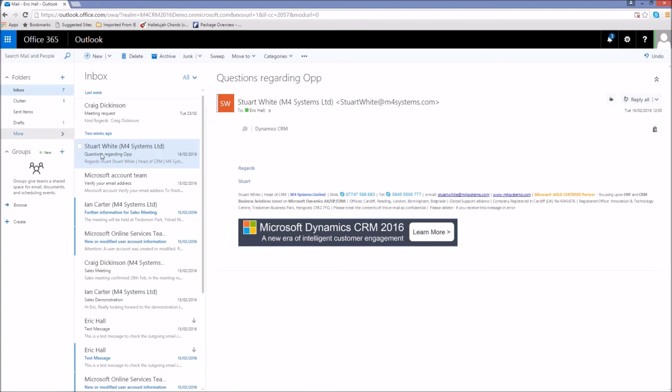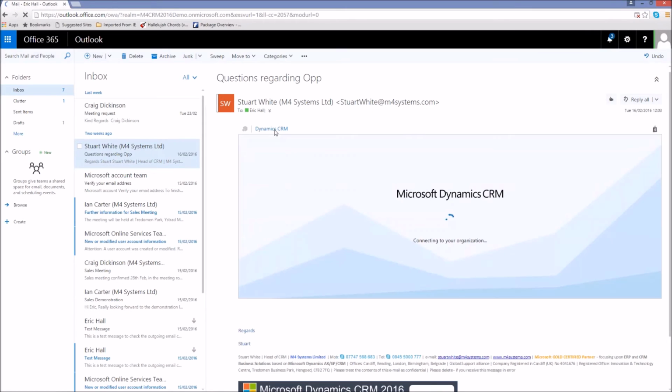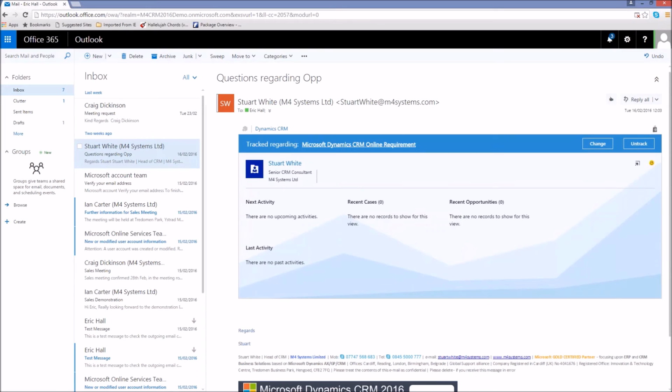So for instance, I've got an email here from Stuart White, questions regarding an opportunity. You'll notice within here I have a link that takes me to my Dynamics CRM information. Now I'm just going to untrack this email, so I have the ability to track it again. But as I was doing that, what you'll have noticed is that it's gone away and looked who my email was from, in this case Stuart White, and it's interrogated my CRM database to see if there are any cases, opportunities, activities that are related to Stuart. If I choose to now track this email,